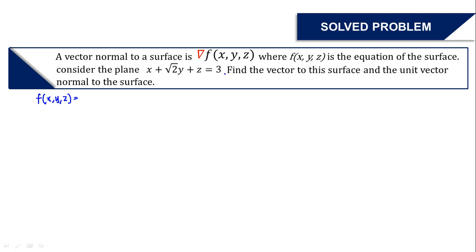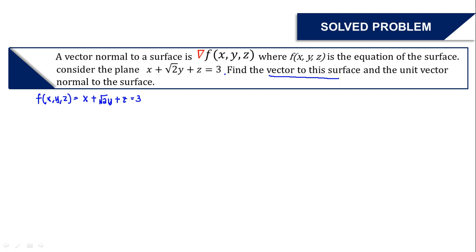Find the vector normal to this surface and the unit vector normal to the surface. So meron tayong pinapahanap na vector. Kailangan lang natin kunin is yung vector na yon, and then i-apply lang natin yung formula natin ng unit vector para makuha yan. Well, let's write yung equation na meron tayo, yung plane, which is the function equal to